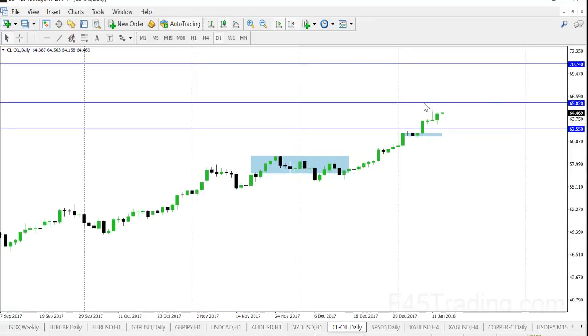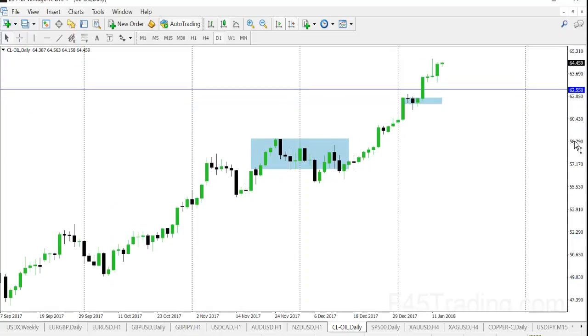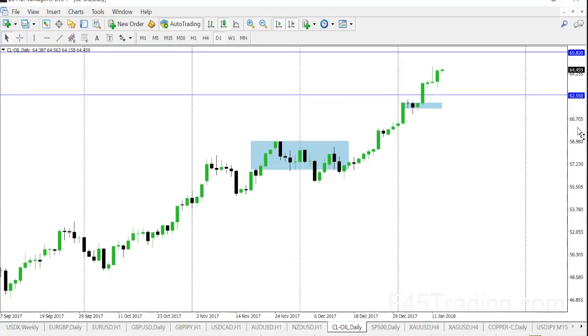That wouldn't be a day trade. I'd hold till 65 and even $70 a barrel, which could be a few weeks out yet. But it's nice continuous bullishness on crude oil. So we're going to watch and see how this one transpires, going early into this week. If price starts to dive down, we'll look at picking up some longs here, so I'll let you know when that signal comes out. Moving on,